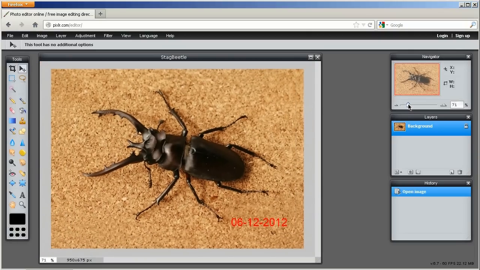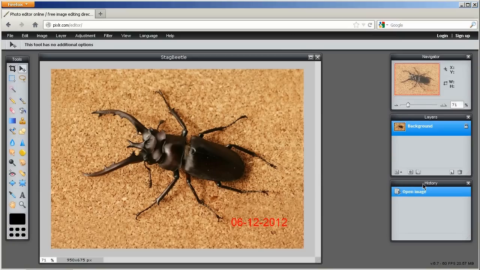Alright, so I'm going to put that back so I can see the whole thing. The second one after that is your Layers panel, and we'll go further into the Layers panel in a minute, but I just want you to know that that is there, and that's where we'll be doing all of our layers. And down here we have the History panel, and I'm going to talk about that a little bit later. Once we start doing some transformations to this image, it'll be a little bit easier to explain. But basically it's like a dynamic undo, where we can undo and see exactly what we've been doing to this